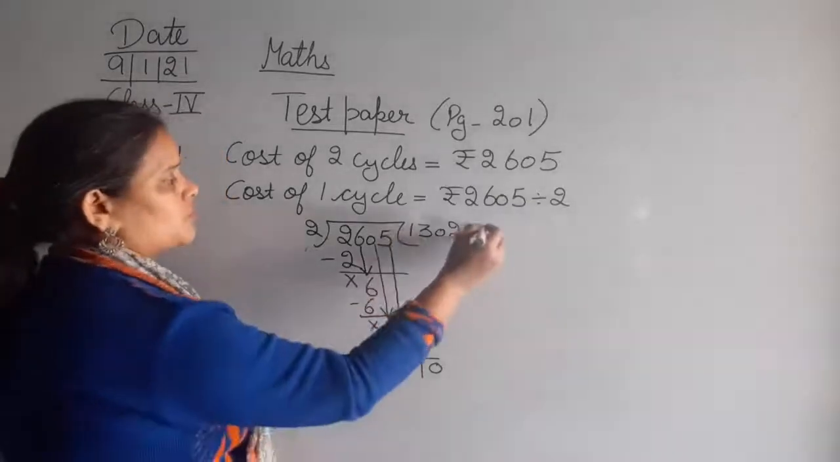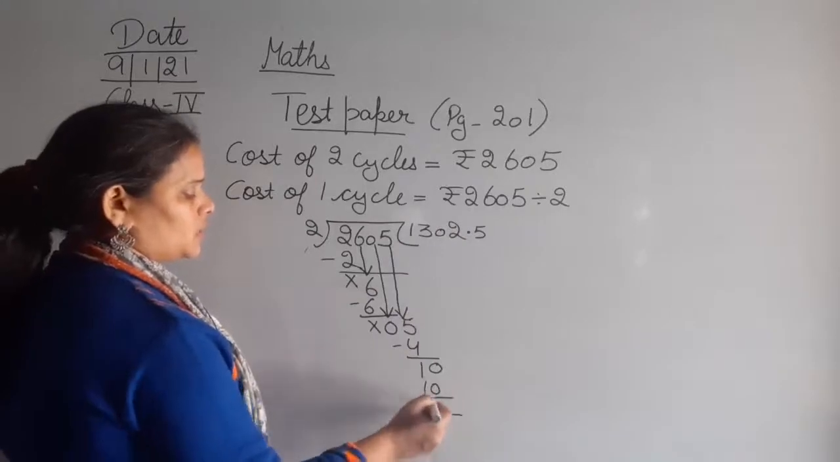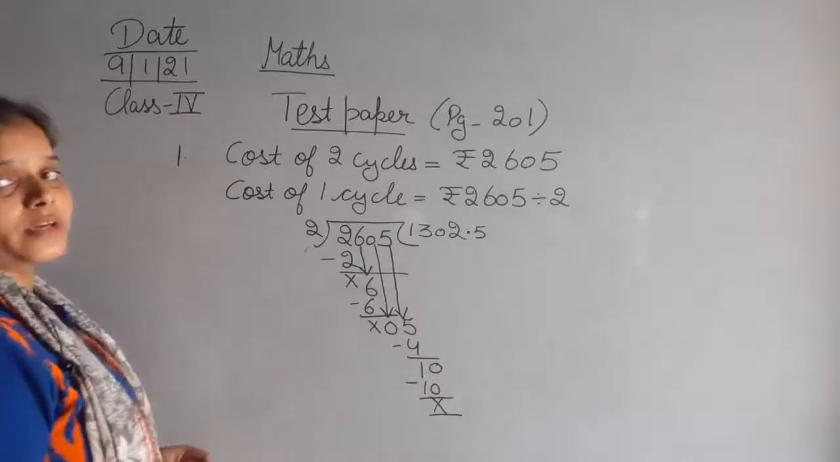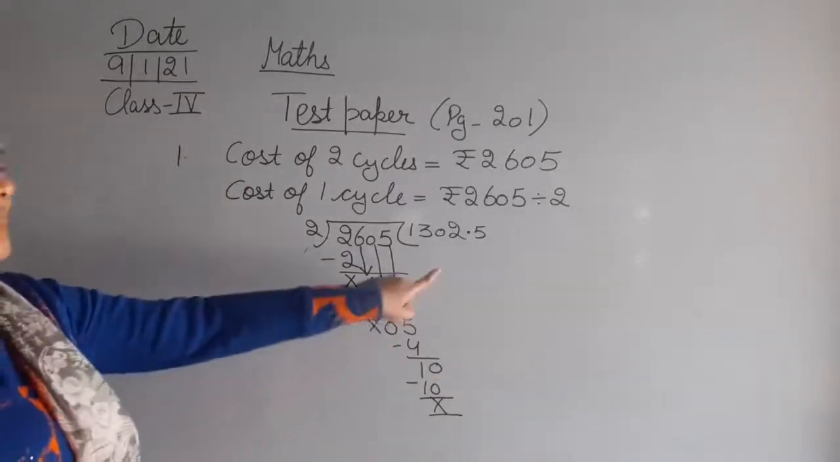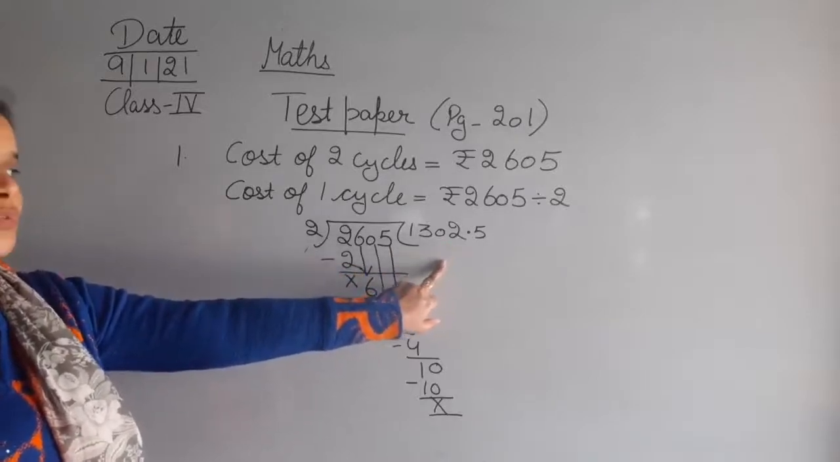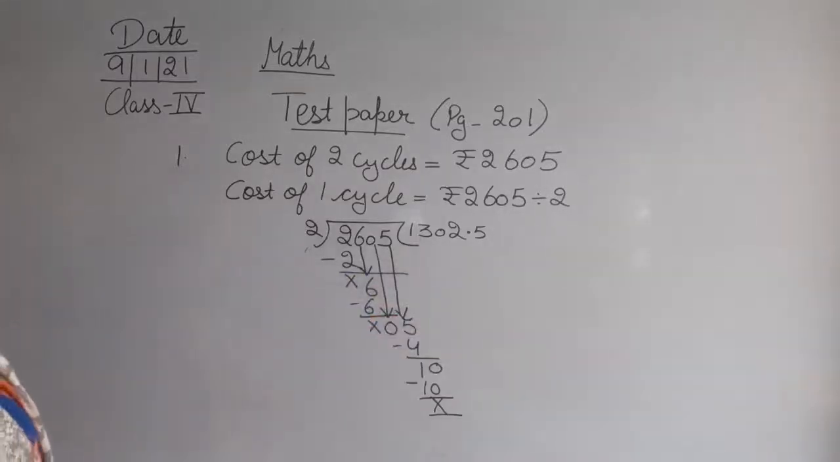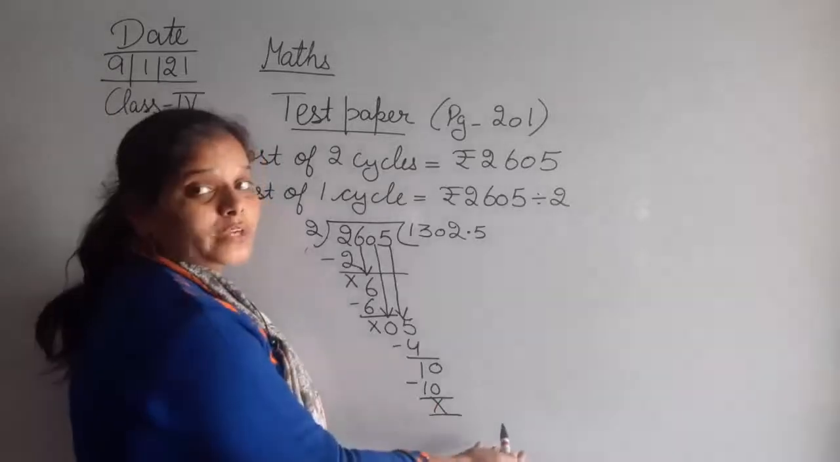Okay, 2 5s are 10. So now the remainder is there. So that means the cost of one bicycle, or the cycle, is rupees 1302 rupees and 50 paise. That's what we are going to write in the solution sentence, and you are going to write the solution sentence